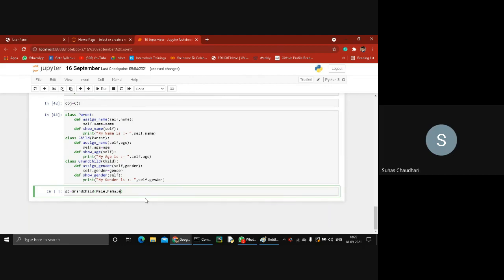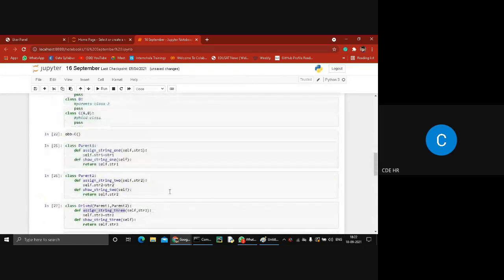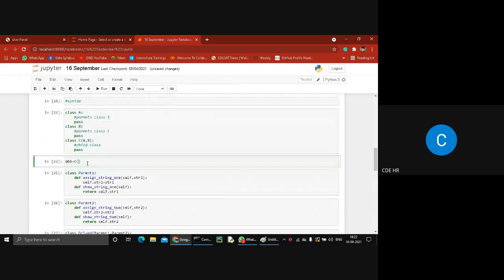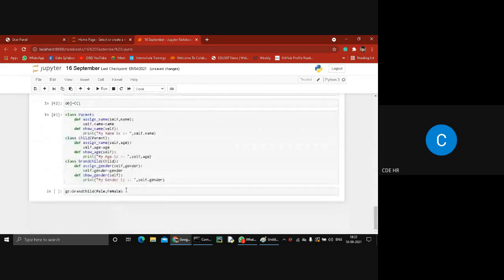I think in the previous example you also repeated the same mistake. In the previous example, I also told you that if we don't write any constructors, you don't assign any variable in an object.